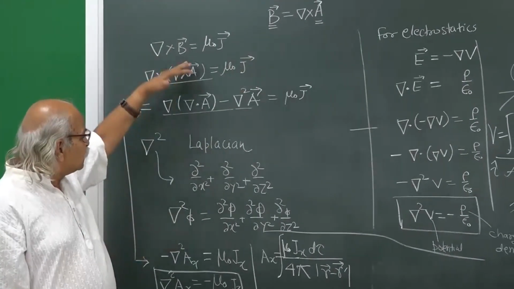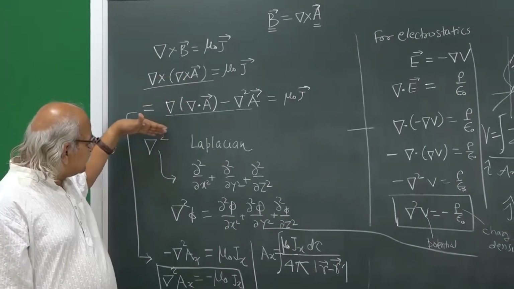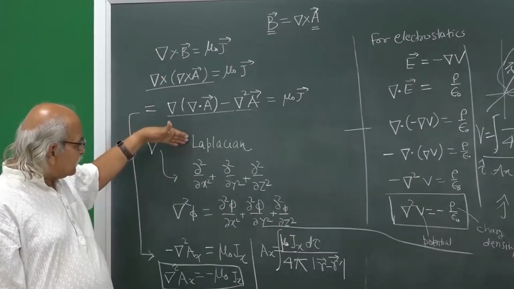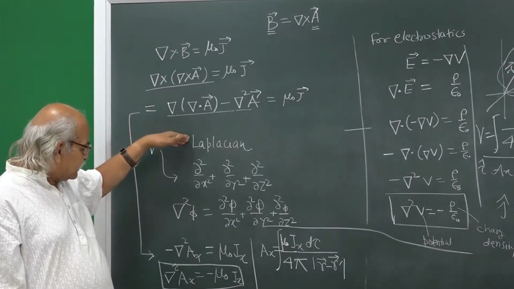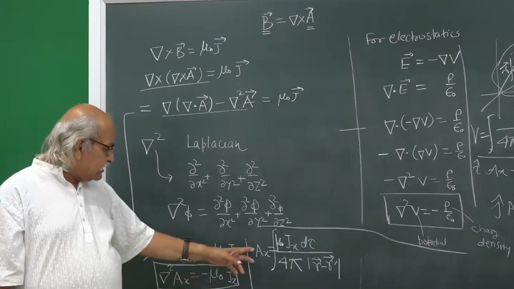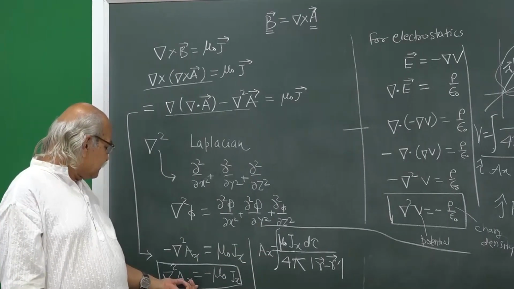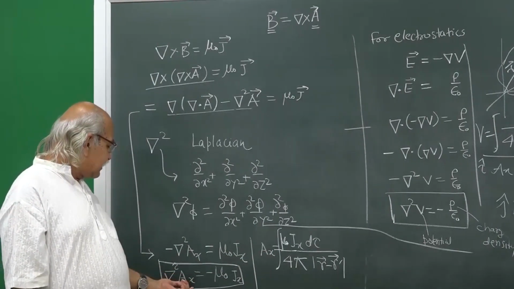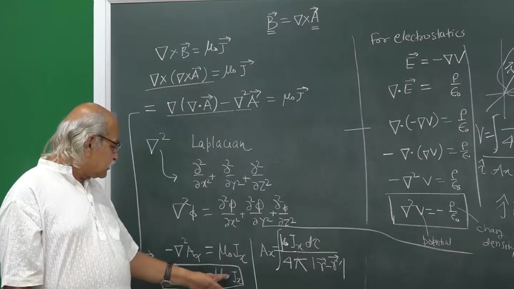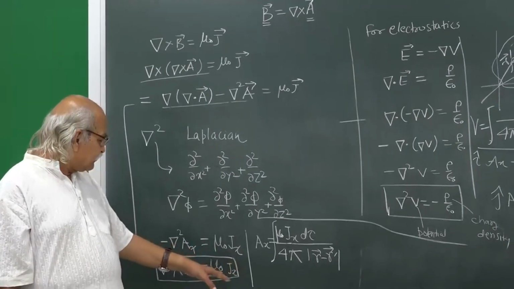For that we showed that this del square operator, which we call Laplacian, and Ax, Ay, Az follow this Laplacian equation, that is del square of Ax will be minus mu naught Jx, and similarly for y